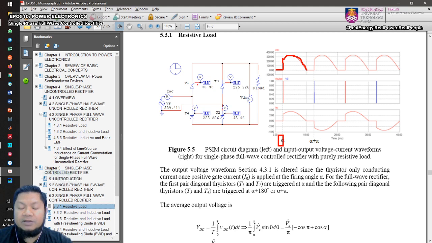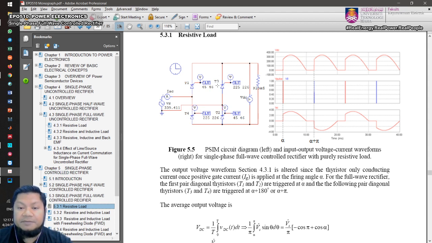So during negative half cycles, T1 and T2 will experience a reverse bias, and because we have a purely resistive output load, the current starts to flow in the opposite direction of T1 and T2. Therefore, T1 and T2 will appear as an open circuit. Now T3 and T4 will be turned on. Okay, not turned on yet, but it's still